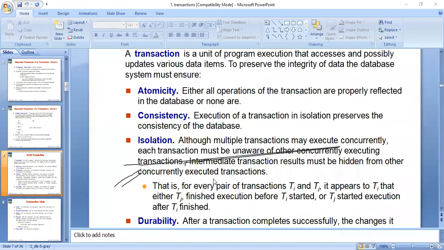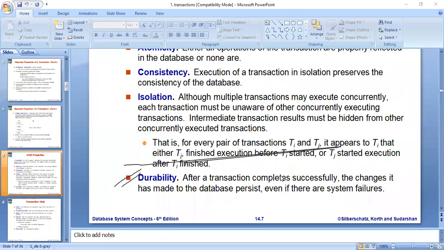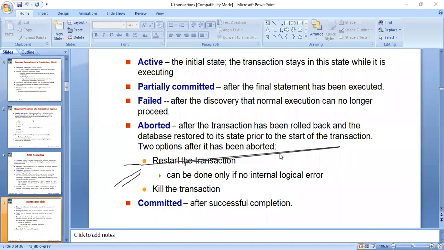That means when we are applying a transaction on a database, if it has to be executed successfully, it has to satisfy 4 properties: atomicity property, consistency property, isolation property, durability property. 4 properties have to be satisfied. So what is atomicity? I told you consistency, isolation, and durability. And next, actually the time is very less here.